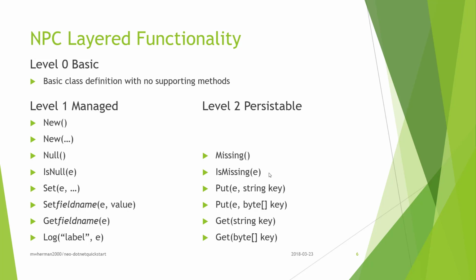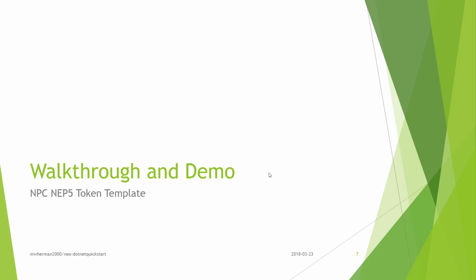There are other levels. Level 3 collectible gets very interesting because that allows you to manage arrays or collections of objects, either collections indexed by integers or arbitrary collections with named indices, I guess is the best way to describe those. That'll be a subject for another talk. So let's get into the demo